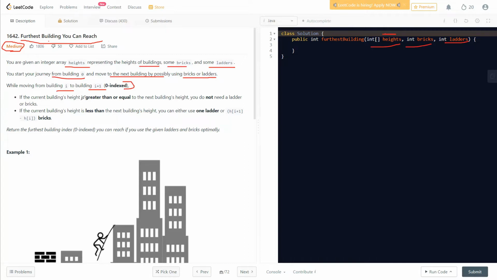If the current building's height is greater than or equal to the next building's height, you do not need a ladder or a brick. So if we are moving down, we don't need anything. If the current building height is less than the next building height, that means whenever we are moving up, you can either use one ladder or